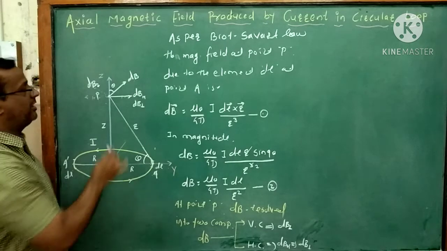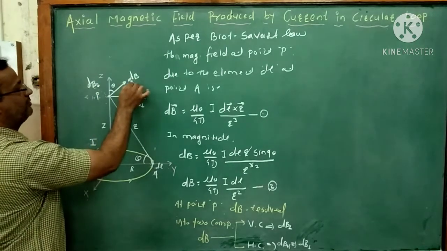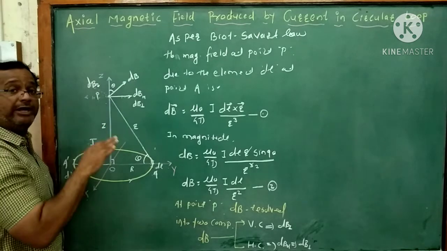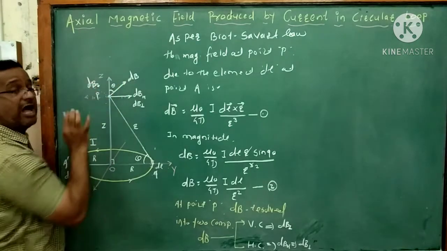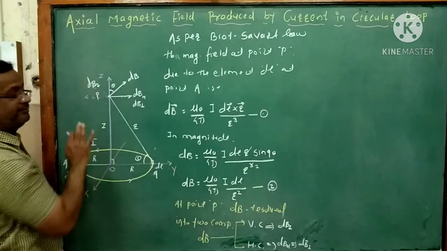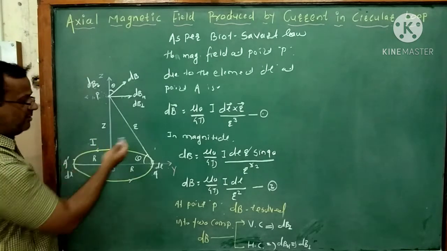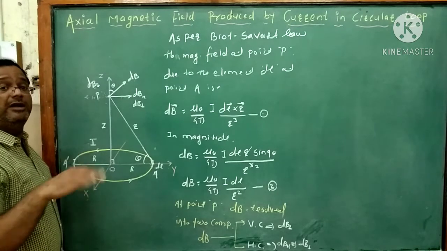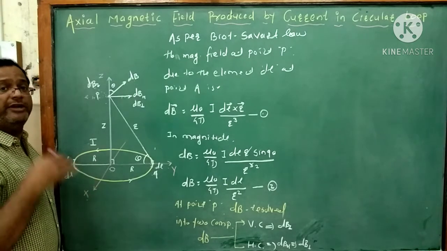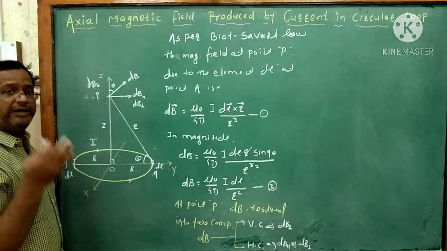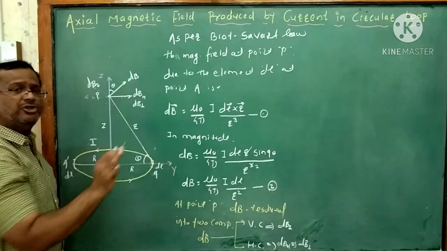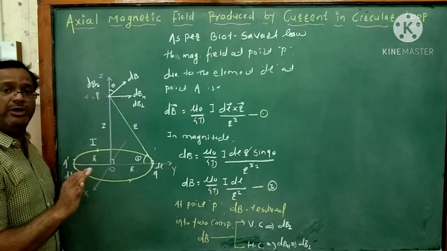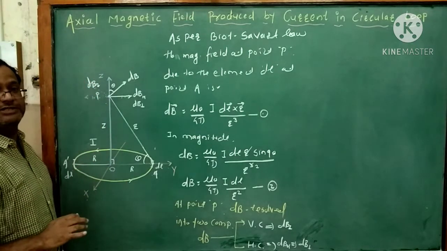And if you see the vertical components for both, the direction and the magnitude of these magnetic fields are the same. So this is about only two elements, but here we get n number of elements. For each element we get a diametrically opposite one. In that case, all the horizontal components cancel each other and the vertical components add to each other, right?